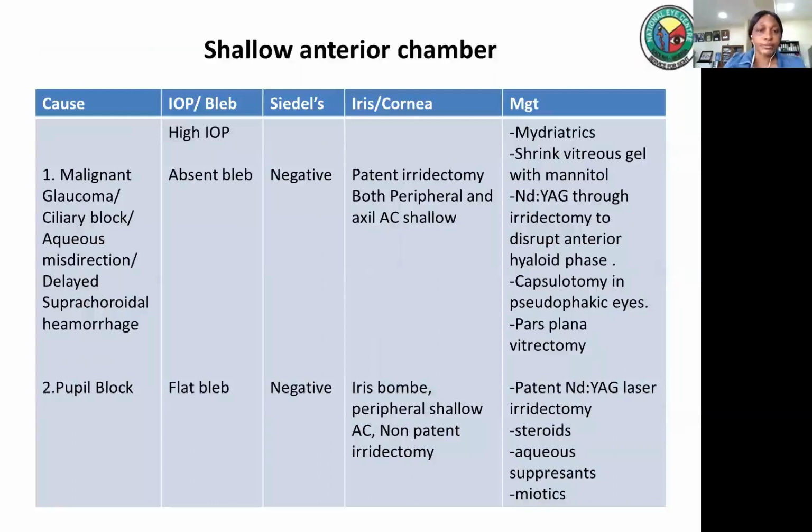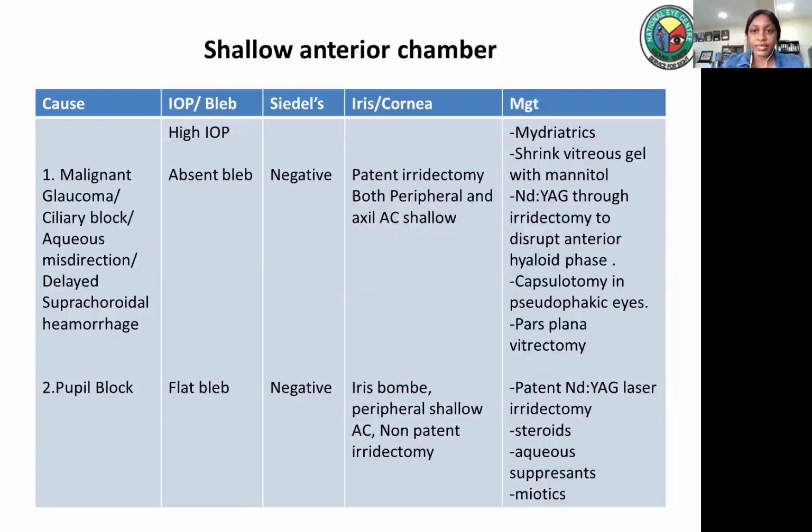Now, shallow anterior chamber could also present with high intraocular pressure. Where there's high intraocular pressure, one has to determine the cause of the high intraocular pressure. In both of them, usually the bleb is flat and Seidel's tests are negative. But in malignant glaucoma or ciliary block, or what you call the misdirection of the aqueous, the catch there is to check the shallowness of the anterior chamber. In this case, both the peripheral and the axial anterior chamber is shallow. And in such a case, what you do for these patients is that you give them mydriatics, you give them mannitol to shrink the vitreous gel,